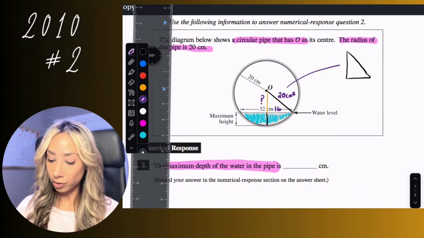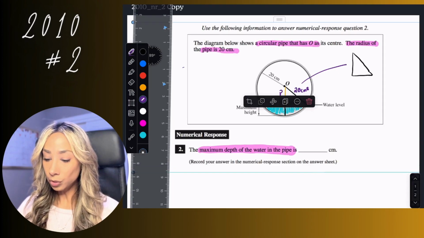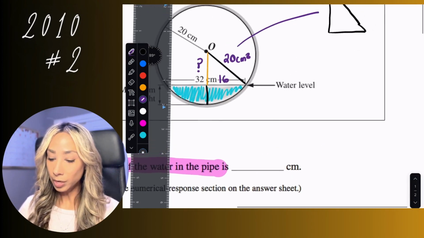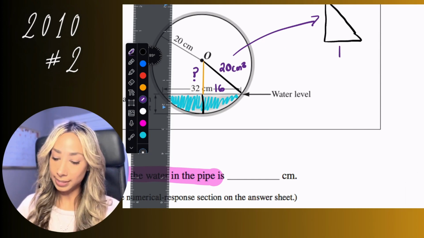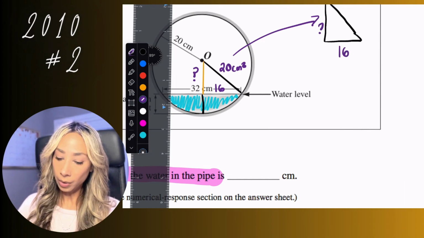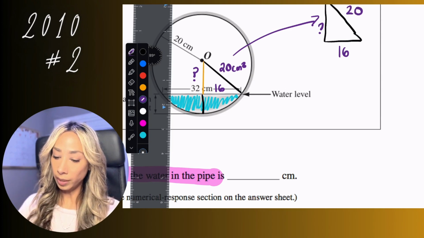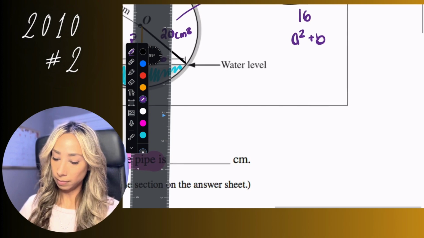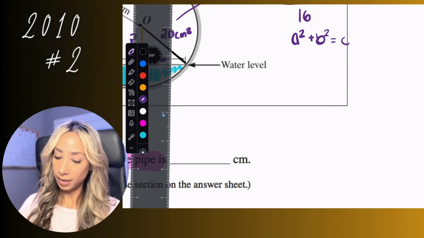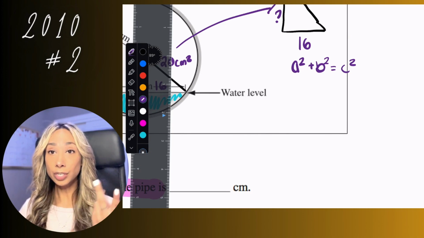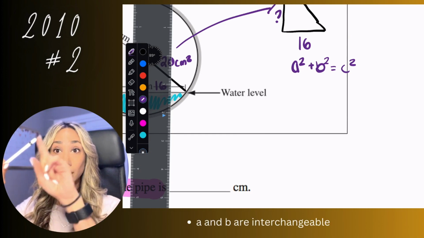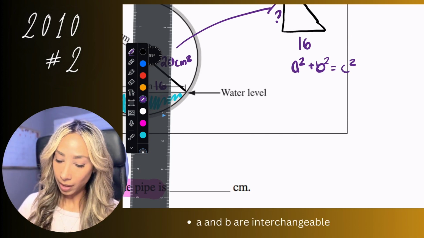Now we have a right angle triangle, and we can use our Pythagorean theorem to figure this out. So that will leave us with the following. We're going to get 16 at the bottom, our unknown here, and our hypotenuse of 20. So we know a squared plus b squared equals c squared, and we can fill in our portions. So a and c are interchangeable. Our c is always going to be that hypotenuse, okay? So that leaves us with